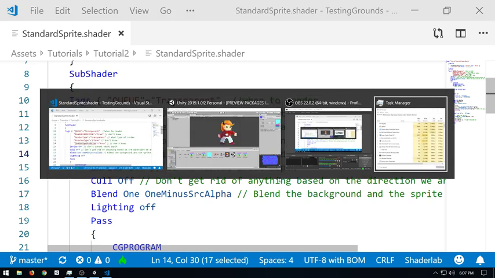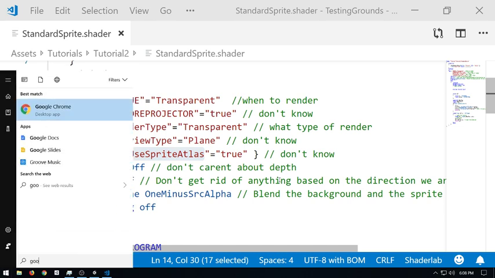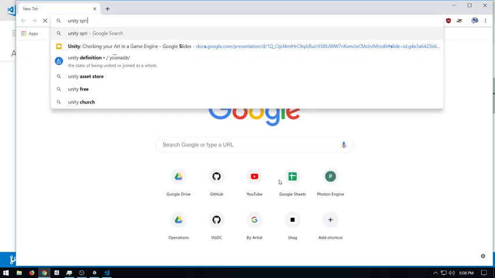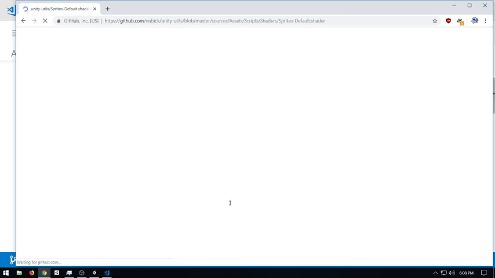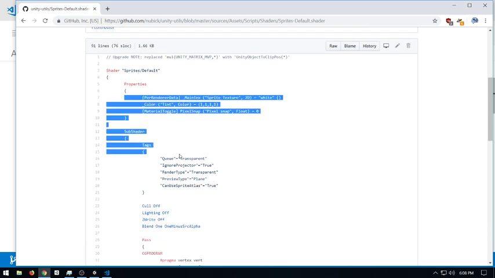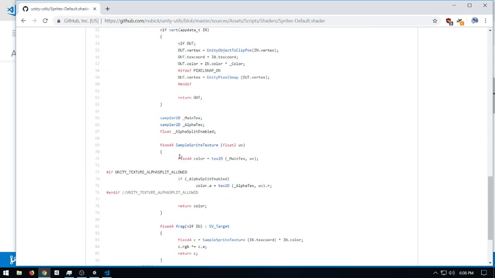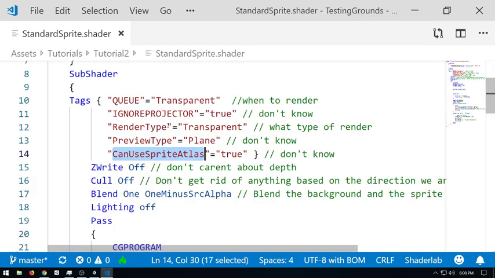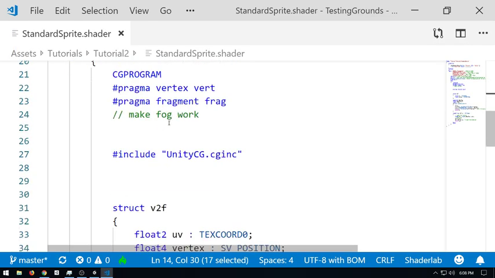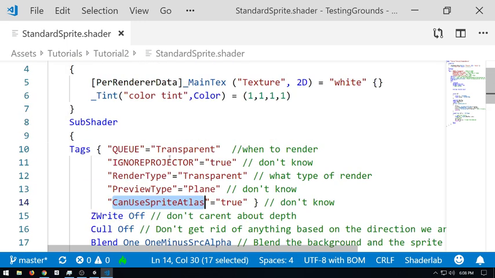Unity actually has this code, the Unity Sprite Shader, directly on their GitHub account. So it's very, very similar with small differences.